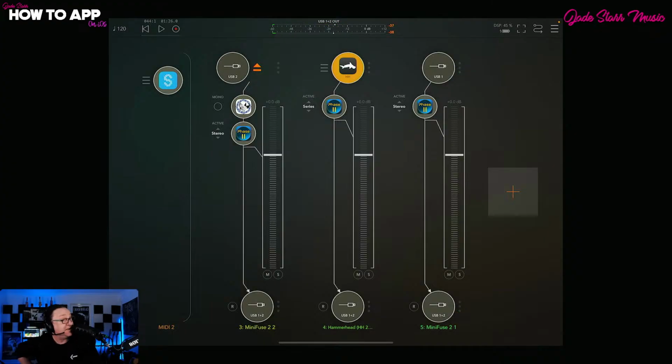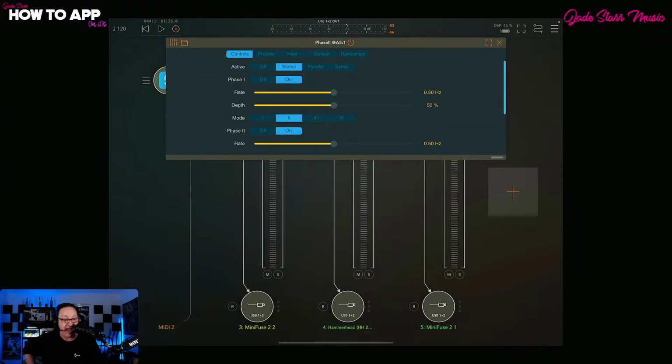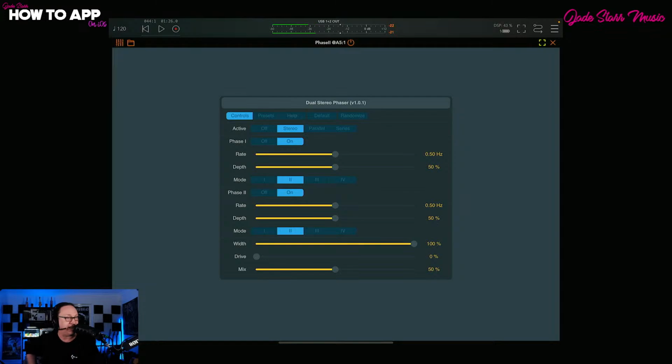Oh, wow. And again, just on the default. Hey, there's a thing. If you're not very good at doing vibrato,